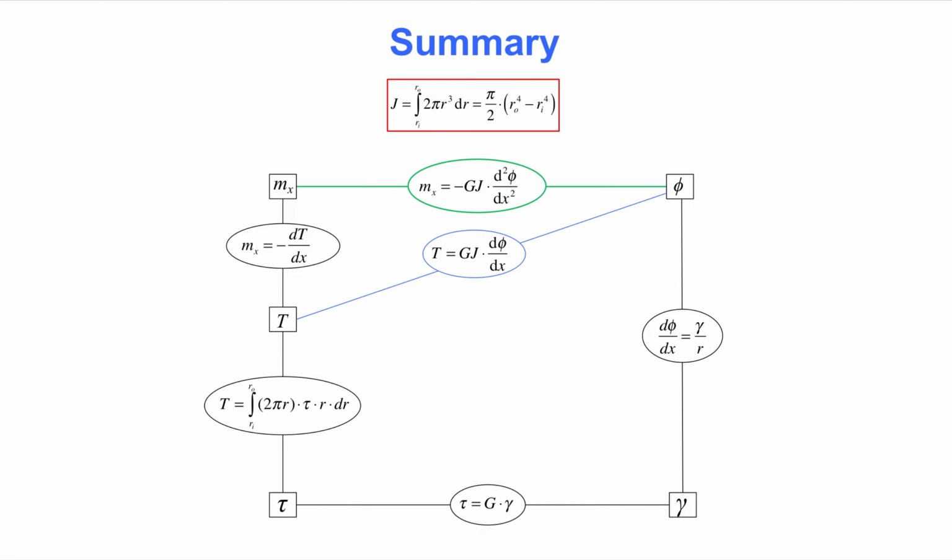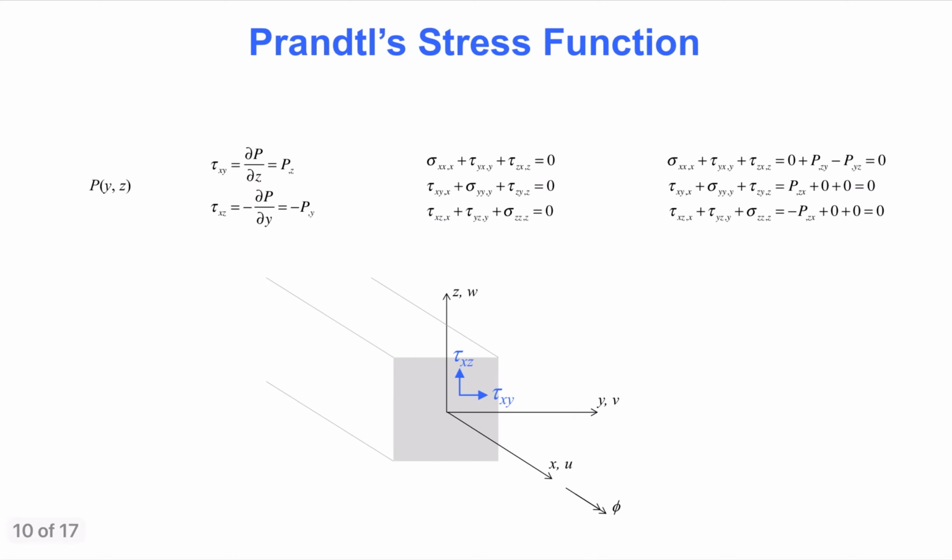The equations marked with the green and blue colors on this slide are generally valid in St. Venant torsion, also when we now start addressing general types of cross-sections. To that end, the next slide introduces the concept of a stress function. It is an entity that appears elsewhere in the theory of elasticity, and it is an auxiliary quantity without direct physical meaning. Rather, a stress function is defined by the fact that we can differentiate it to obtain the actual